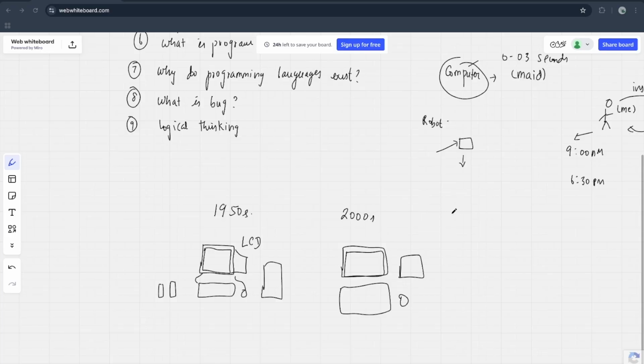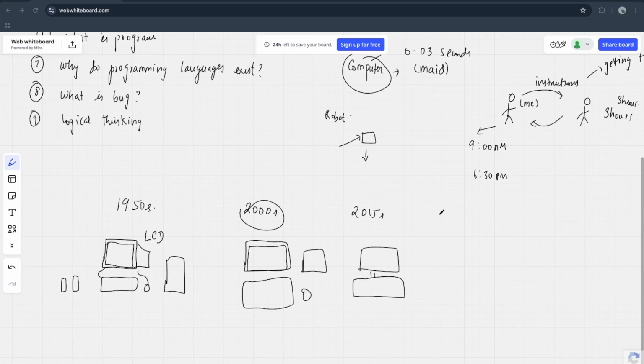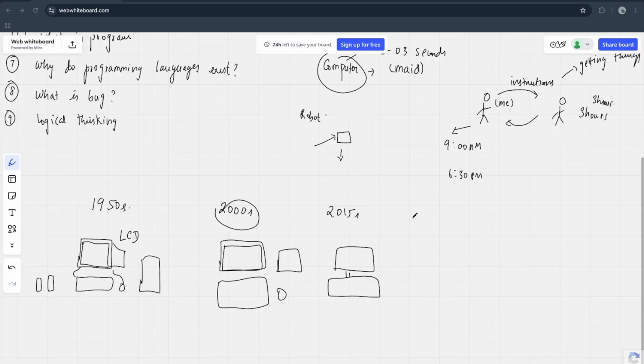Okay, now in the 2015 model, everything got reduced. We got laptops. Not only in 2015, in the earlier 2000 period we got the introduction of laptops. That means we can carry laptops everywhere, since it is very slim and somewhat light in weight. But now we are in a stage of microcomputers. That means even a small device, whatever we are carrying, is actually a computer. Computer means it follows our instructions to get things done faster and efficiently.